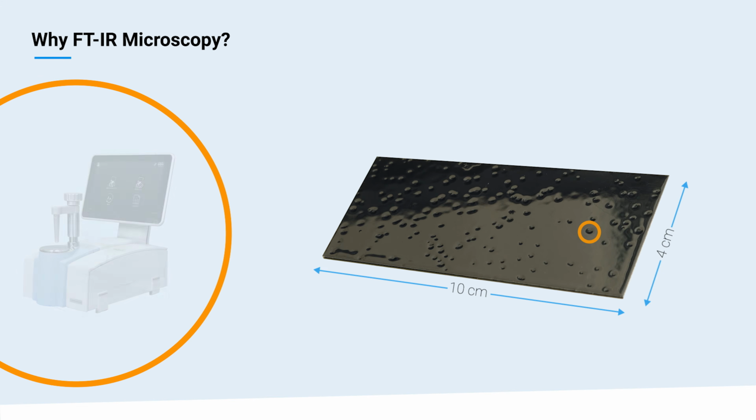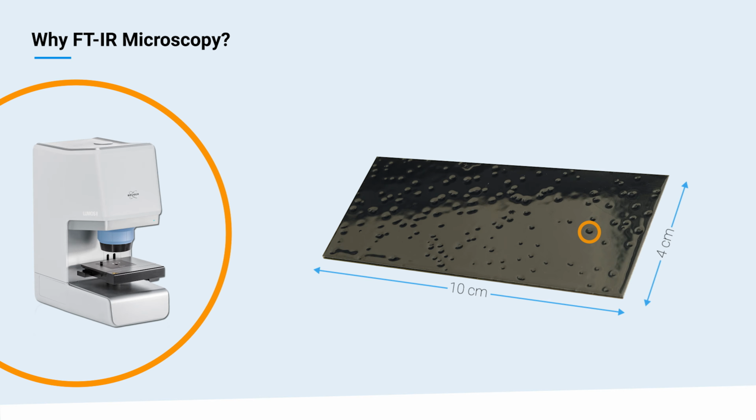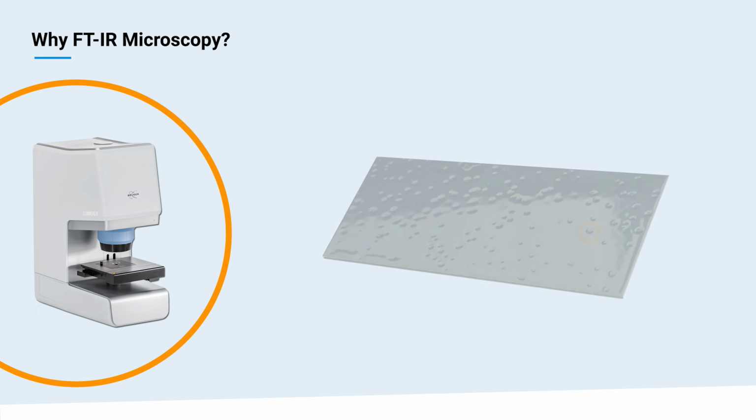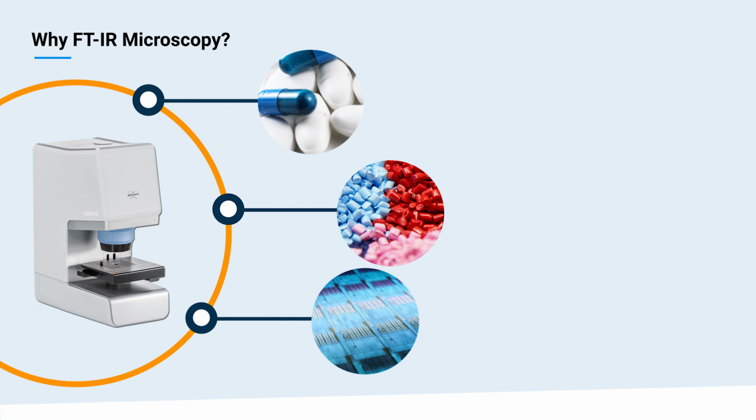But with FTIR microscopy, we can select the exact spot we want to analyze. FTIR microscopy can still analyze that same broad range of sample types, but now we have a lot of precision with our measurements. FTIR microscopes have so much precision that they can measure structures down to the micrometer scale, which is around the size of bacteria.